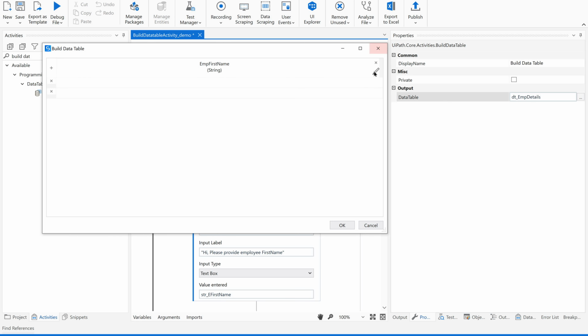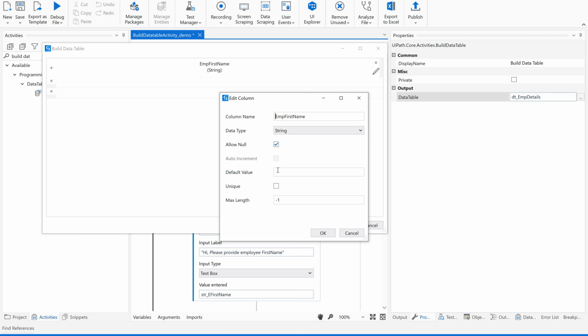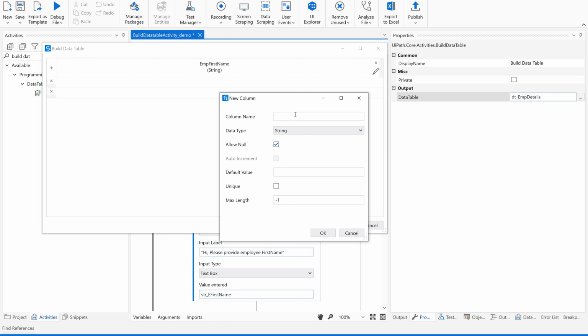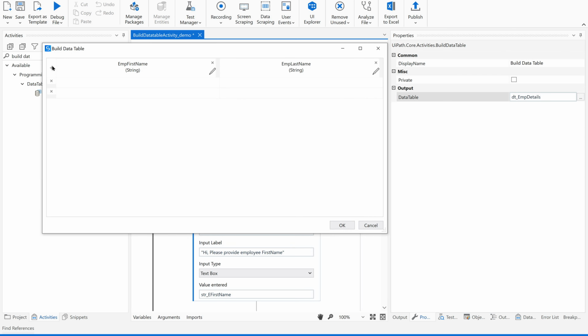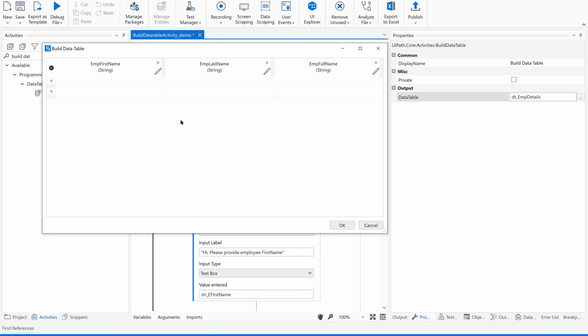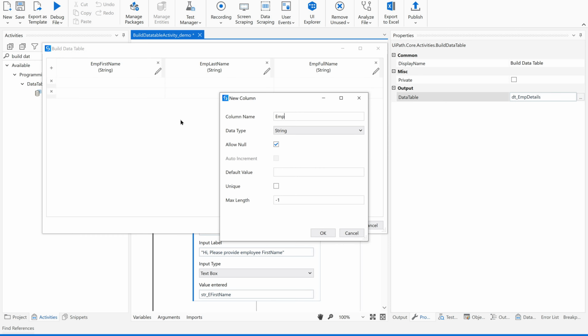Fine. Edit, the same wizard will be opening again. Okay, now quickly, let us create all other columns. Say employee last name, which is going to be a string value, and I'm leaving all this as it is. Next, one more, employee full name, employee age,